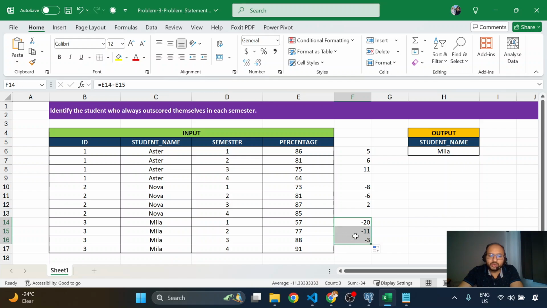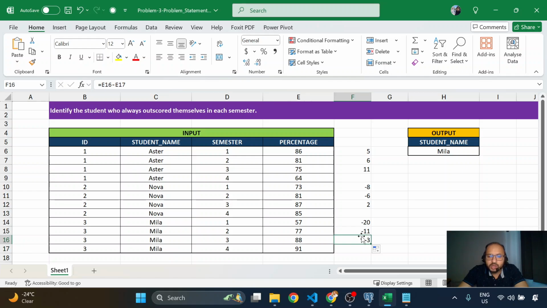So this is our first step: fetch the next semester's mark, deduct it, and see how their marks changed. Then we can decide. Also, there is a problem with the last number, because the last number cannot be compared. We are considering whether the third number is more than the fourth number. Whenever we take minus 11, we are considering those two, and whenever we take this, we are considering 88